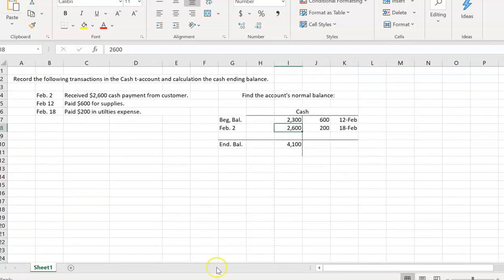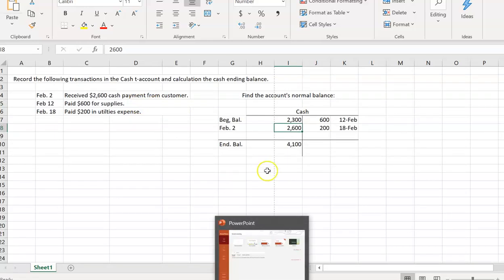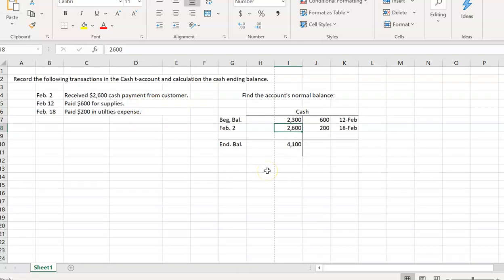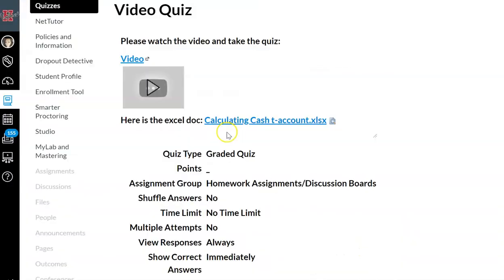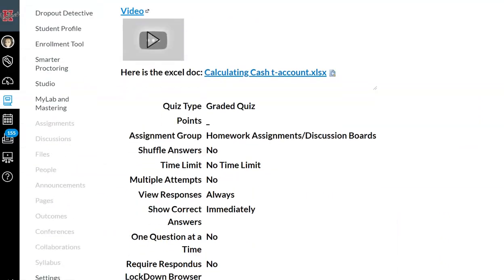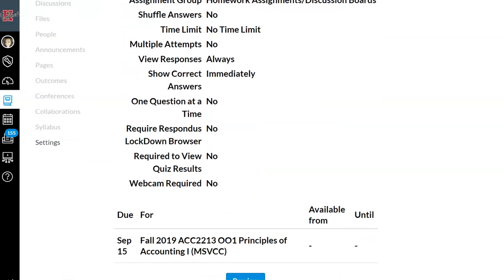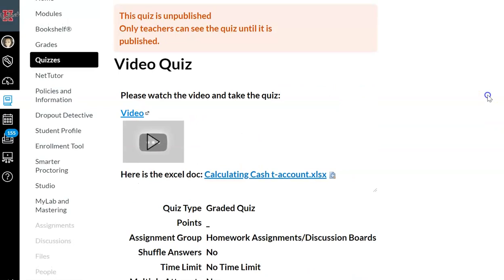But just know that if you do work in Excel, you may want to pull the video up on another device so you can watch it and work as you go, or you can minimize and work it that way. But once you have watched the video and completed the notes, you're going to upload the assignment